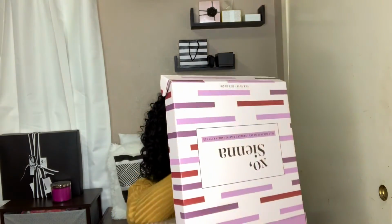So it looks like that, and I've always wanted one of these. I thought these were so cute and crafty looking, and it has a little baggy tie thing. And okay, how does it work, girl? Okay, so the board itself, I can get it open. The board itself looks like that, and